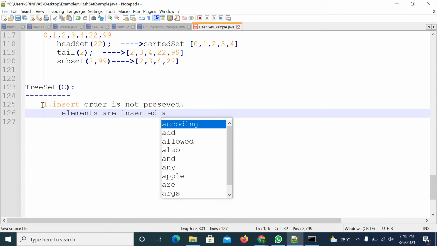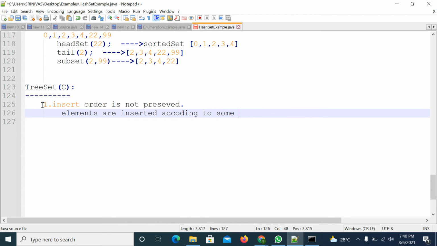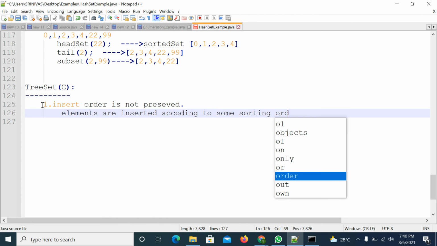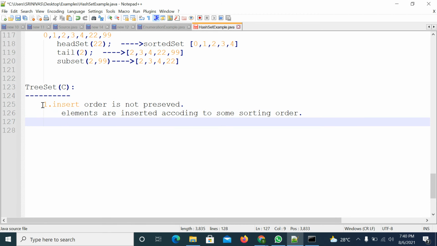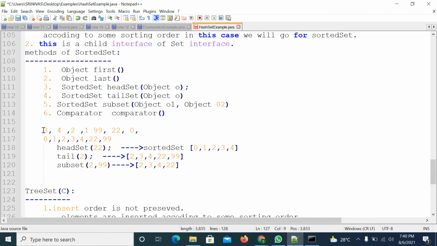Elements are inserted according to some sorting order. So what is the meaning of that? Suppose you insert the elements in this way, the elements will not maintain the same order. It will maintain either ascending or descending order, or a customized order based on the program.